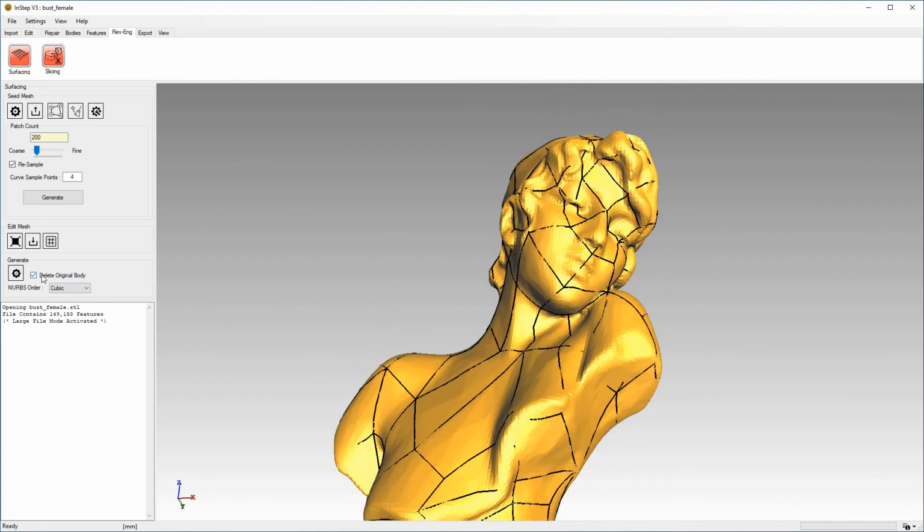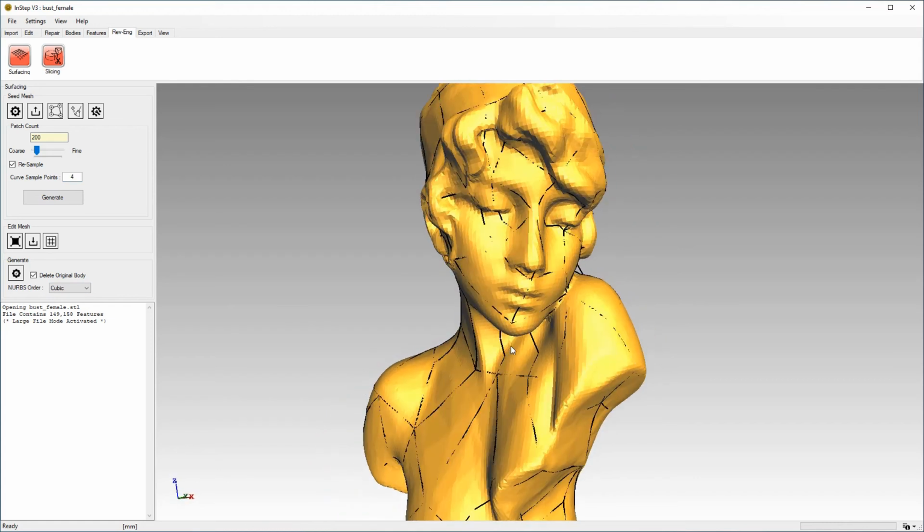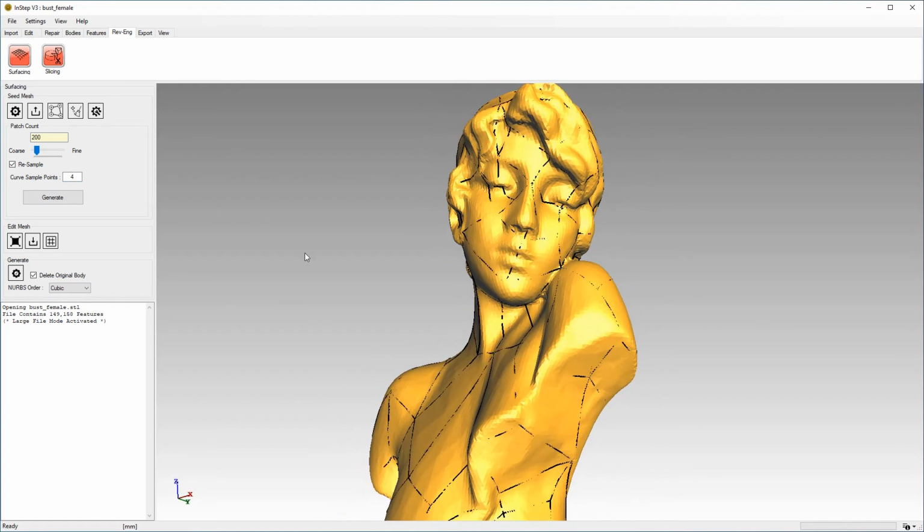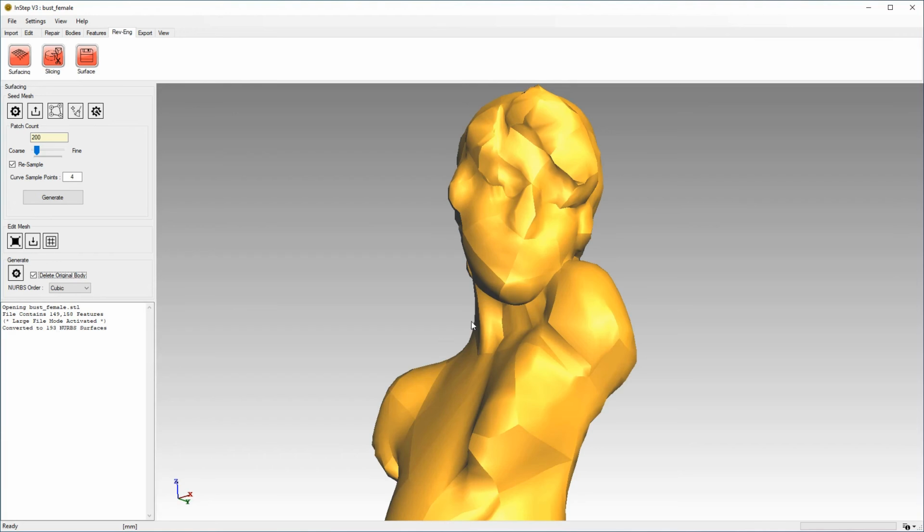It should also be pointed out that this number will directly affect the style of surface that we can export. So if you keep this at 4, we have the option of using linear, quadratic, cubic or quintic style surfaces. If we reduce this down to 3, then we no longer have the quintic option. So we're going to leave this at its defaults, and we're going to go ahead again, convert this body, and now we see we're left with 193 NURBS surfaces.